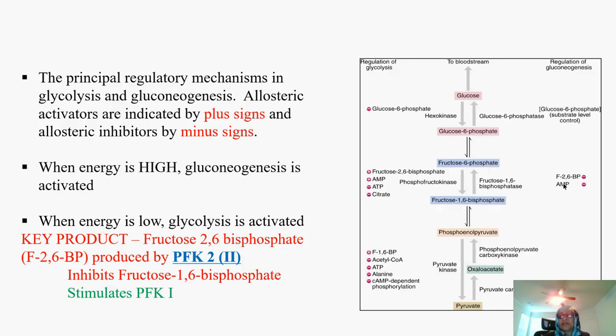And you're going to see in some molecules like AMP here or ATP here or citrate here and so forth. But all of them are an indication of either availability of glucose or absence of glucose, availability of energy, or low energy status. We don't say absence of energy because there is no cell that could tolerate or survive without a minimal amount of energy.